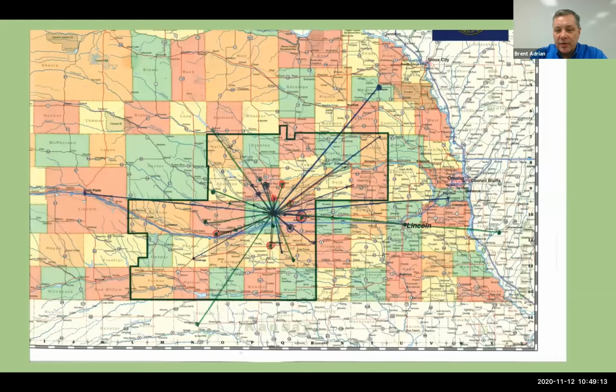Our college covers 25 counties in Nebraska. It's a huge region, and in addition to our 3 primary campuses, we have 3 learning centers and a super center. Essentially, what you see across the screen here is Interstate 80 that goes across the state, and we have most of our campuses and learning centers right along I-80. And then in addition, these lines that you can see are the places that all of the students have come